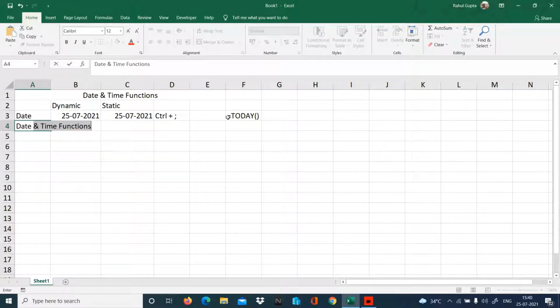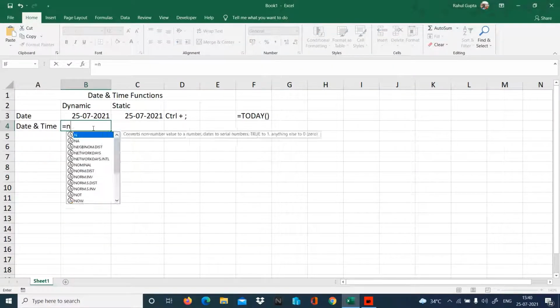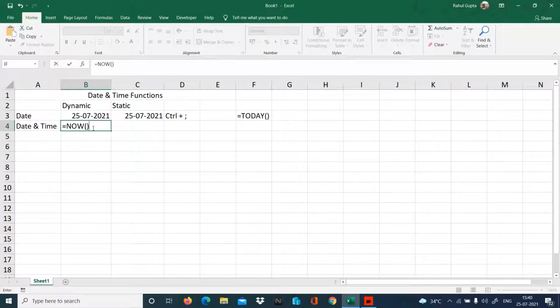Now date and time both. With the help of the dynamic function, we get date and time both, but with static we only get the time. So I'll type the function =NOW(), bracket open, bracket close. That gives me date and time both.